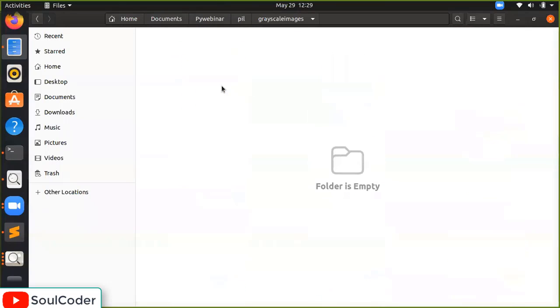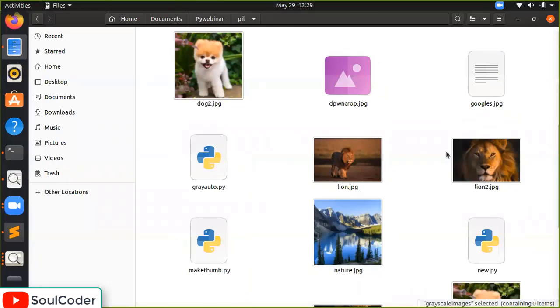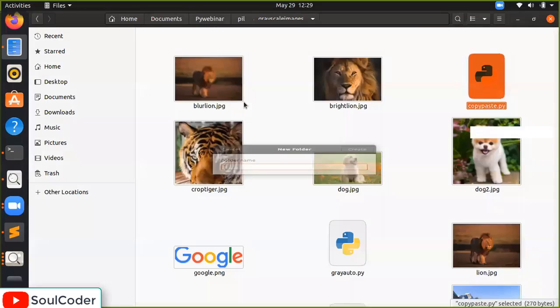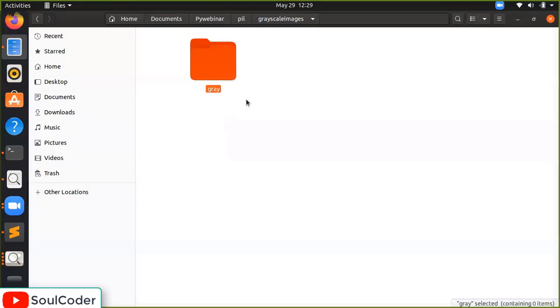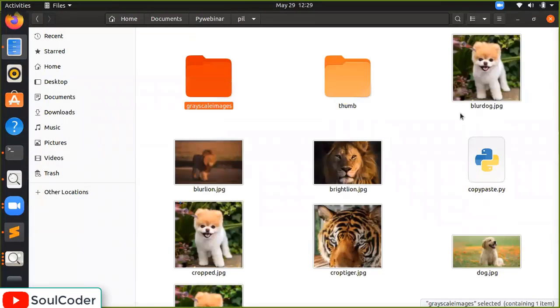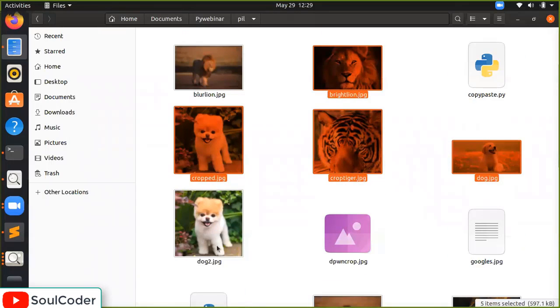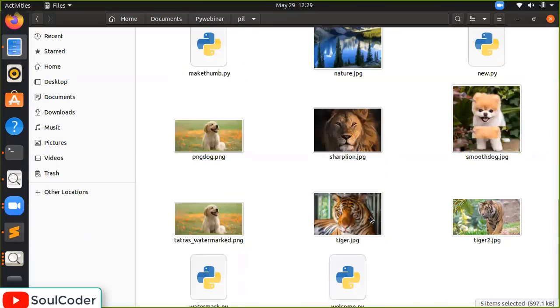Okay, grayscale images. This is still not working. Let's move toward it and I'm going to create gray. I'm going to paste some code again here. For example, there is a blur dog, bright line, crop tiger, tiger. There is this tiger.